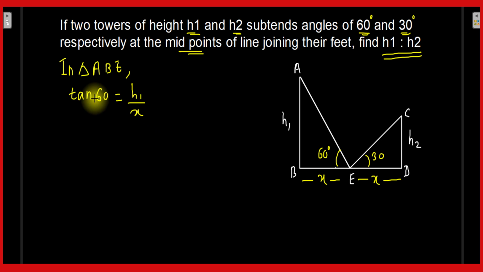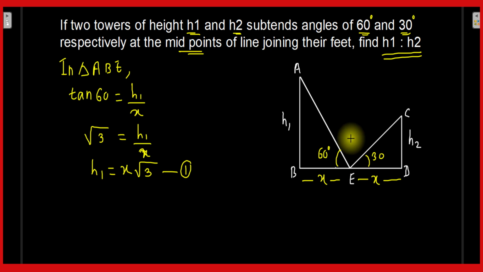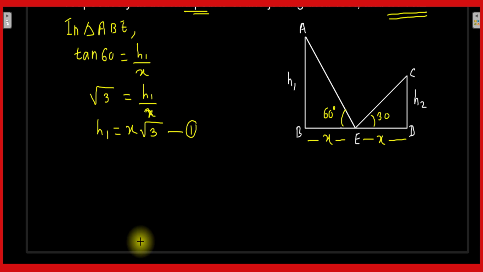Tan 60 is root 3, so root 3 is equal to h1 upon x. So here you will get h1 is equal to, taking this x to the other side, x root 3. Let this be equation number 1. Now we will talk about the triangle CED. So in triangle CED,